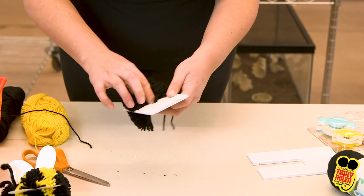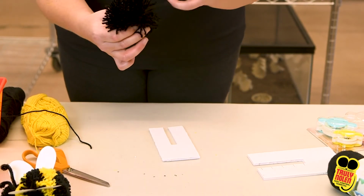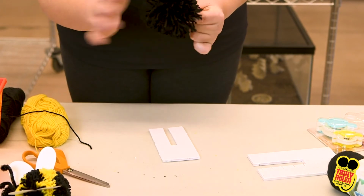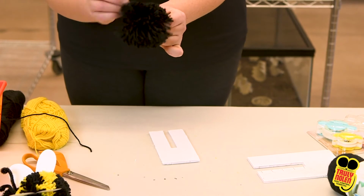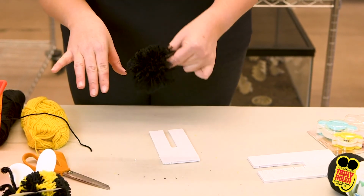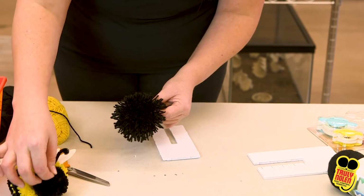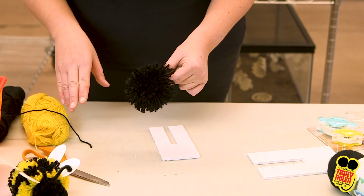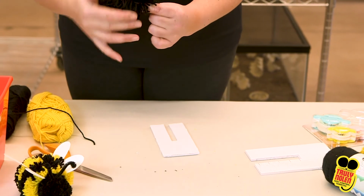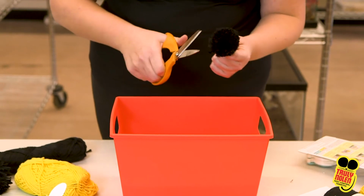There we go. So then you can go ahead and pull this out, and by your little leads that you've got there, go ahead and start to fluff it out, and you have got your other pom-pom. Now with this, I trimmed this down quite significantly when I did these for the head of the bumblebee, just so that it was a little bit smaller. It looked a little disproportionate. So definitely okay to get scissor happy with this one, to go ahead and take it down to that level, just so that it has a nice